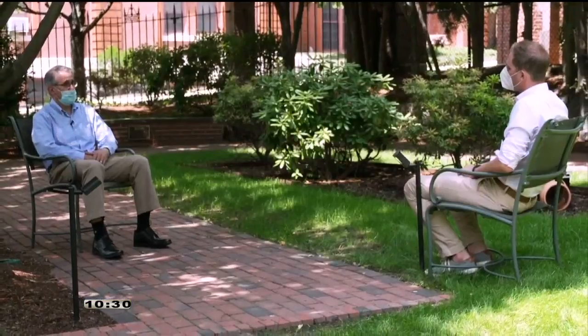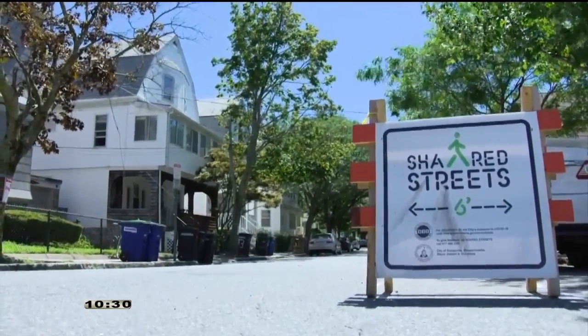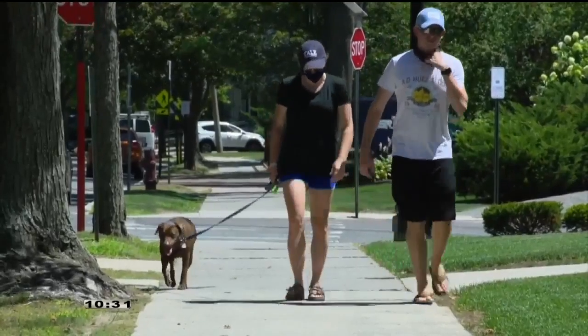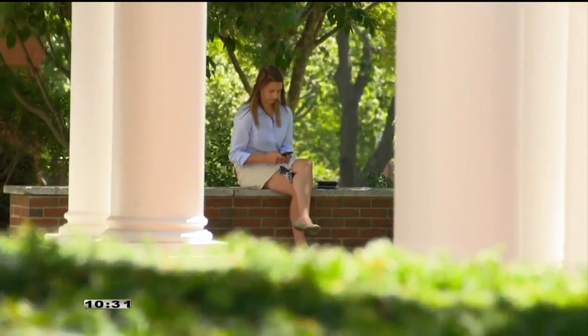But Tufts University President Anthony Monaco is preparing for students to return, and he's doing everything possible to make sure COVID doesn't come with them. So we wanted to test for COVID at a frequency which would pick up most people when they're asymptomatic. Every student who returns to campus will have to take a COVID test. With 5,000 students expected, Tufts is also expecting a number of those tests to come back positive,